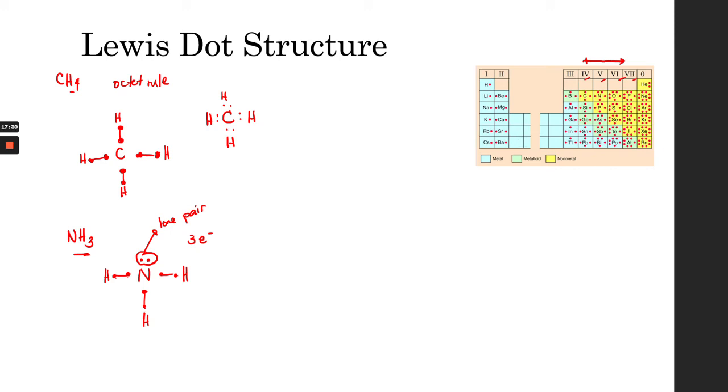So identify how many electrons are in the valence of each element, and then choose the one with the highest number of electrons that can connect, and surround it with the other elements. Now let's look at some various examples. Let's say